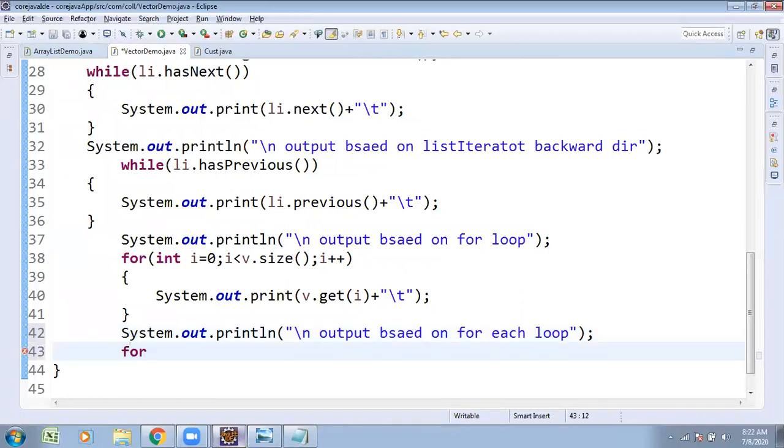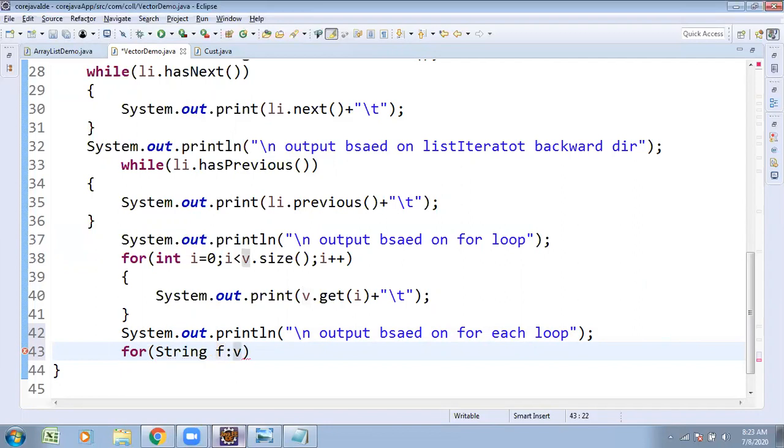Now I wanted to use the technique with the help of for each loop. For variable colon collection. Which type of things are we going to present here? String type of variables we are going to present in string colon collection. What is my collection? Vector is my collection. Vector is an object, it is going to be converted to data. Object to data type conversion is called the unboxing technique.